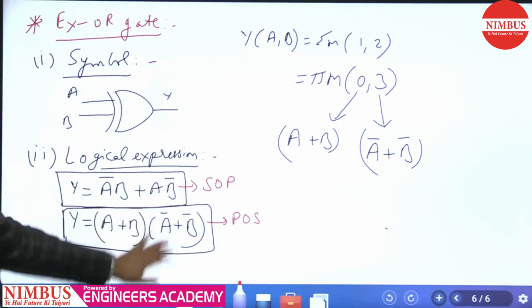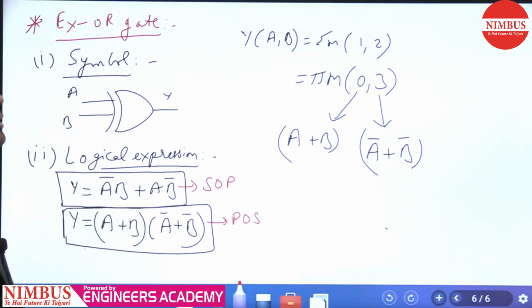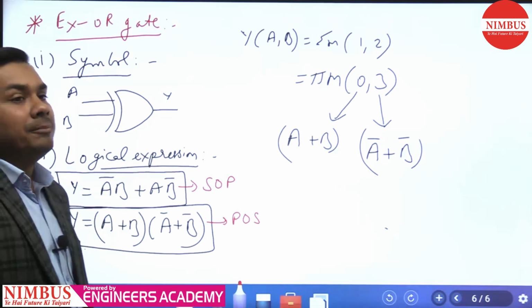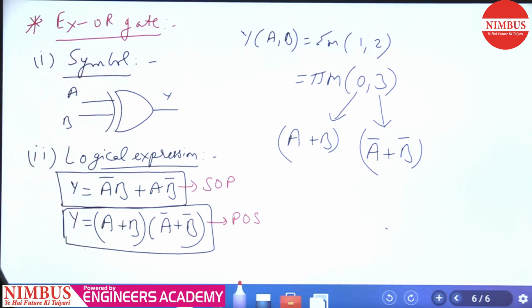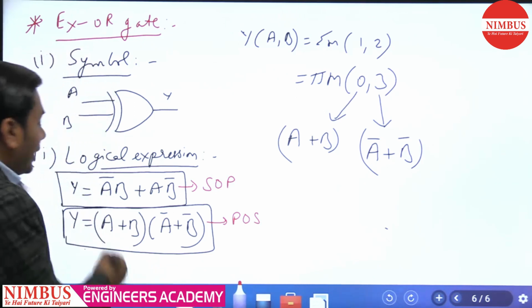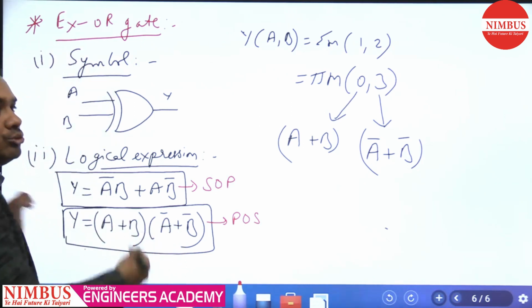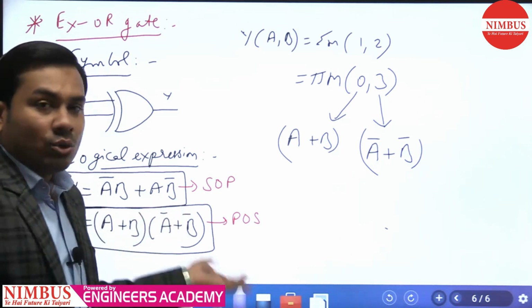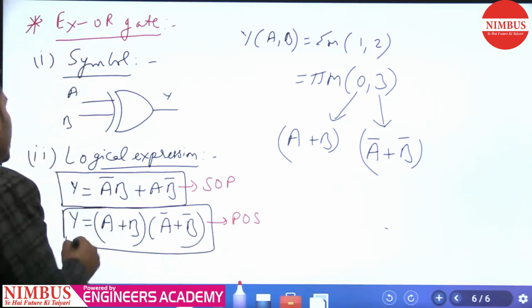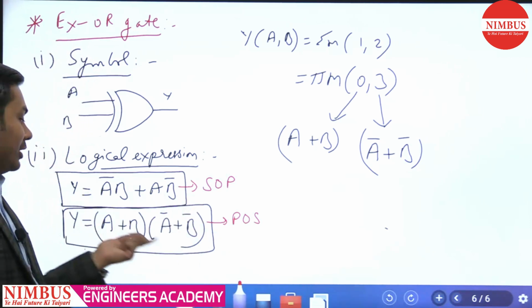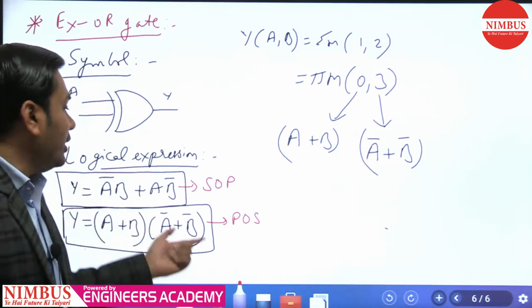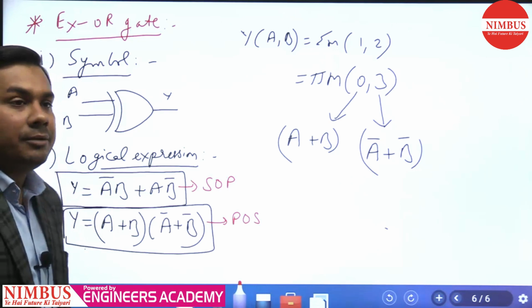That is the important part, because sometimes after a solution you get an expression like a plus b dot a bar plus b bar, and we don't know that it is directly the expression of XOR. We try to solve it, minimize it, change it, consuming two or three steps. To avoid this, we can directly say that if we have this expression, it is directly our XOR expression. Clear? Note it down.